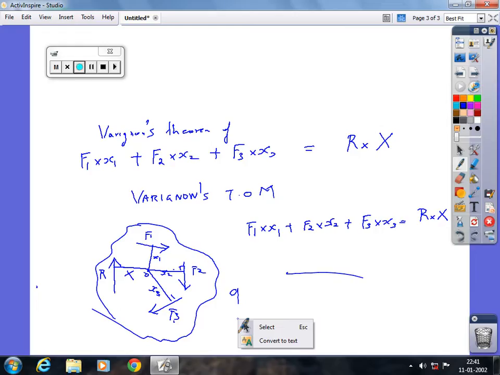Okay, so now we can just write a note. Consider 3 forces, capital F1, F2, and F3, acting at perpendicular distances of small x1, x2, and x3 from point O. Full stop. Then you can just write, let capital R